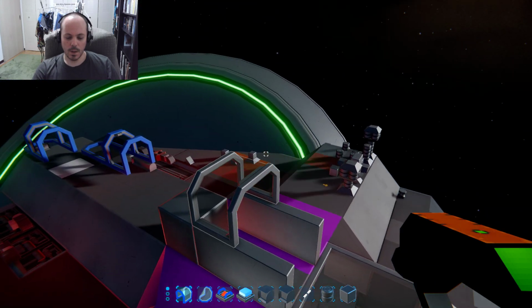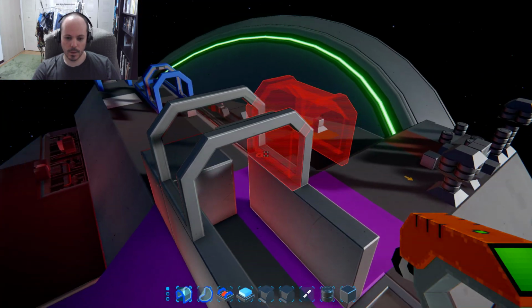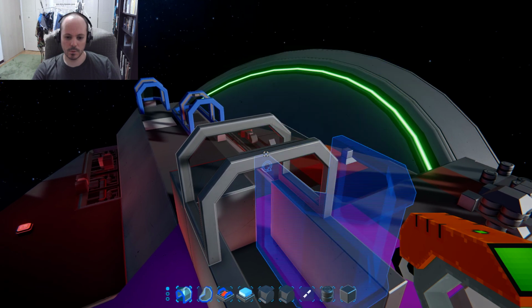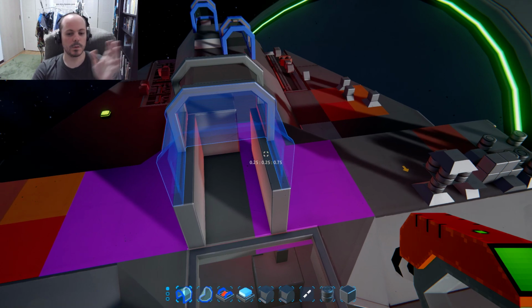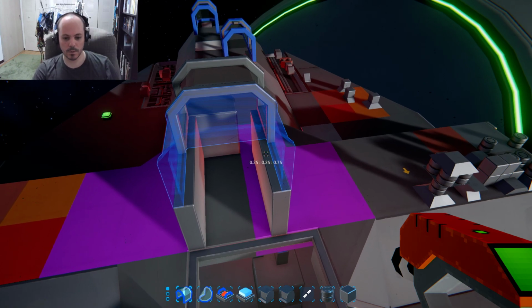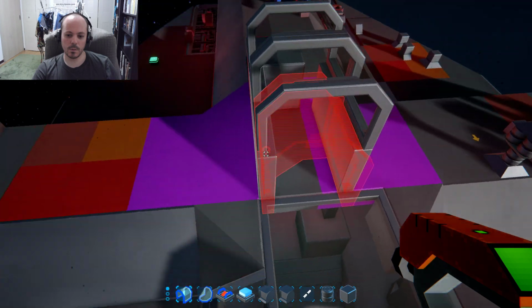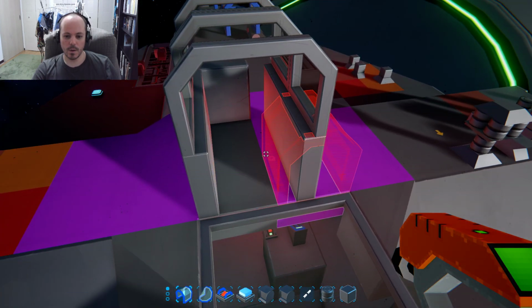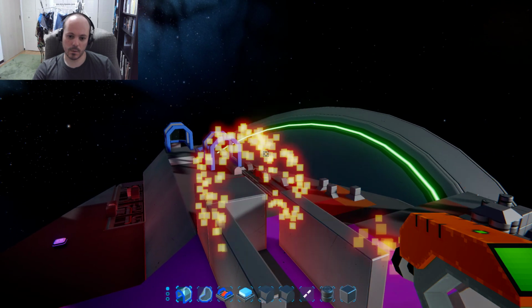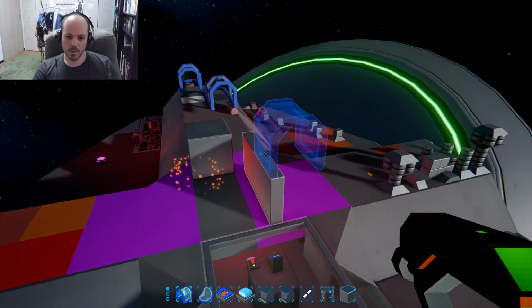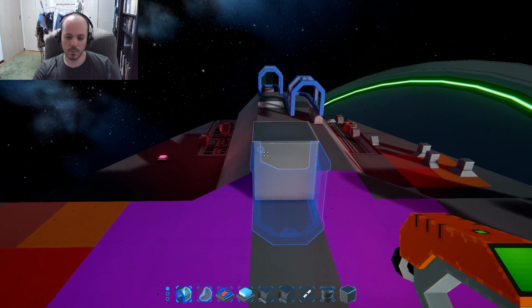One other change is, as you just saw, we can rescale it not by multiple increments but by smaller increments, which I think will be very convenient depending on how much space you want in your small fighter typically. And also one cool thing is that you can also switch between different orientations.